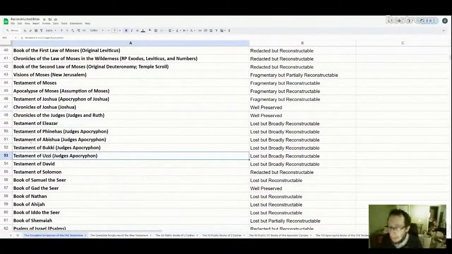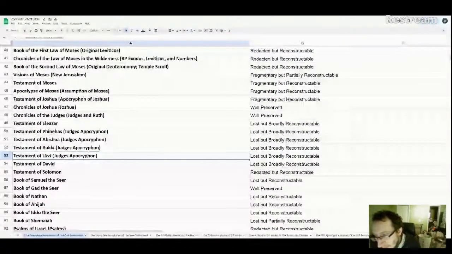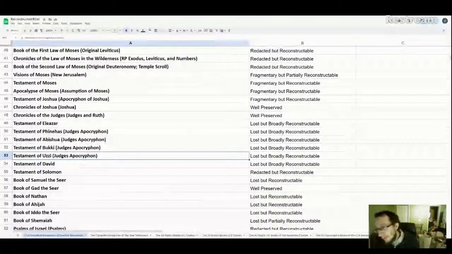I can't tell you definitively that's the case, but that would be the best way to explain it, because otherwise we would have a situation where every judge would have had his own book, and that doesn't make sense. Because, by the way, in our reconstruction of how many books are part of the Bible, I rely on Second Esdras, because it says there were only 70 books, secret books, prior to the time when Second Esdras was written. Second Esdras was written during the Babylonian exile. So that means there could have only been 70 apocryphal books prior to that. So we can't have too many books of the Judges.